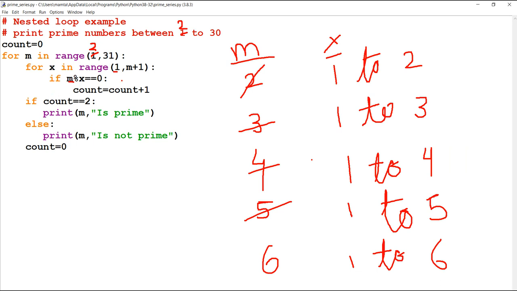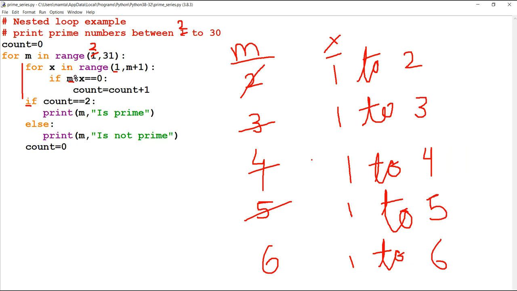Now, this is part of the outer loop, not the inner loop. The inner loop has these lines, from the if to count equals count plus 1.